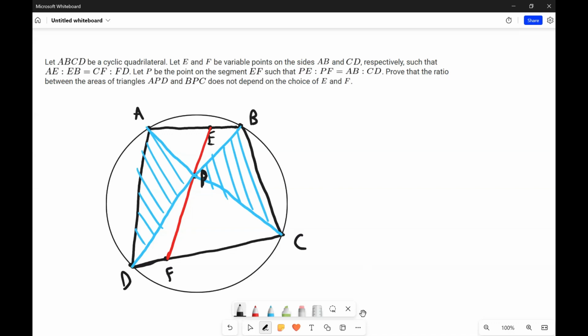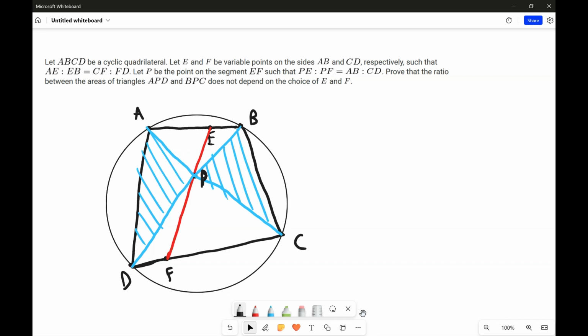Let ABCD be a cyclic quadrilateral. Let E and F be variable points on the sides AB and CD respectively, such that AE over EB is equal to CF over FD. Let P be the point on the segment EF such that PE over PF is equal to AB over CD. Prove that the ratio between the areas of triangles APD and BPC does not depend on the choice of E